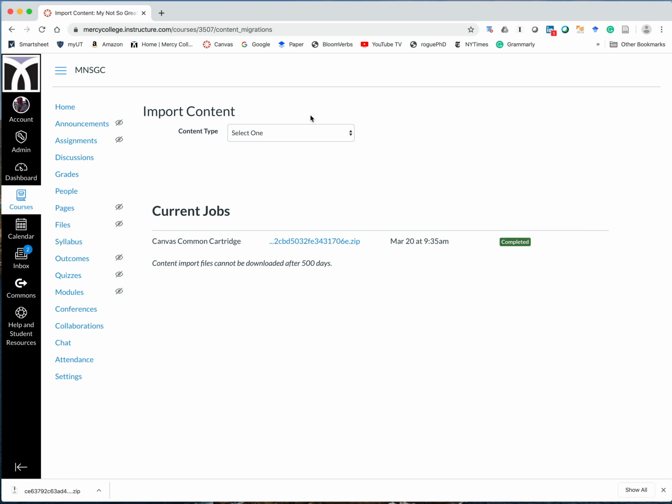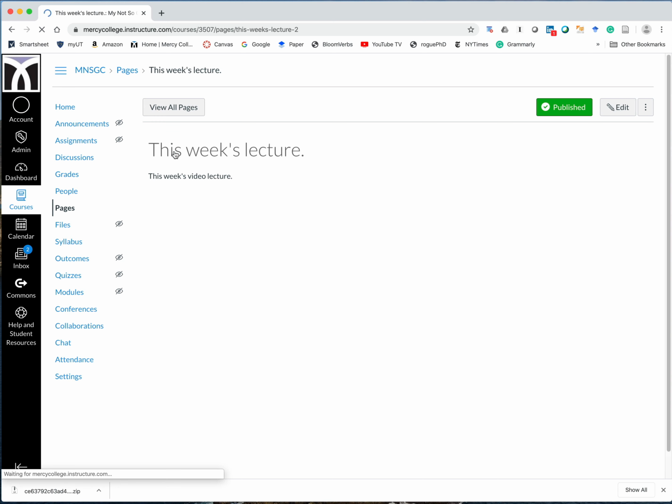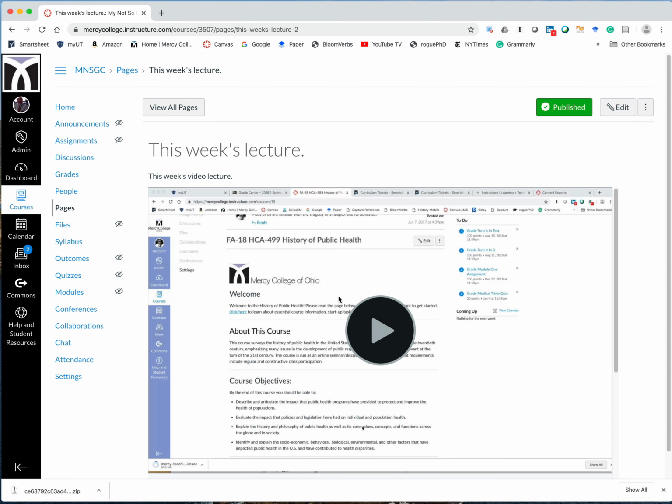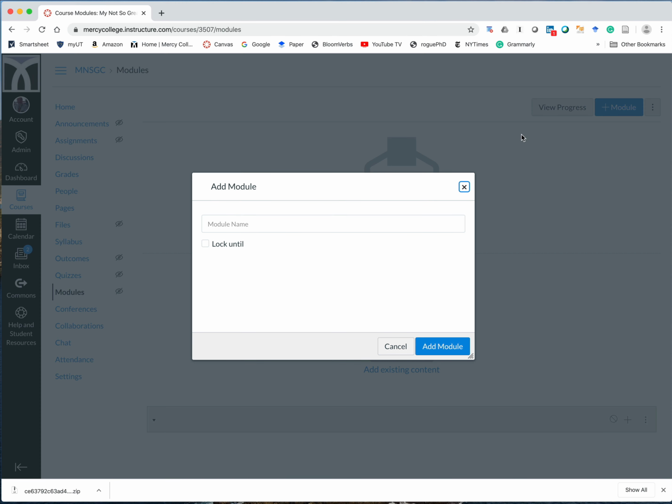So the import's done, and it was a page that we imported, so it should show up in our Pages area. So here's the page that we imported, and we can take a look at it. So it's got the lecture we made on TechSmith, so everything's there. So now we have this page in our course. Now, this course had nothing else in it before, so it's probably not exactly realistic to what you'll be doing. But now that we have our page in there, if we want to put our page in a module,